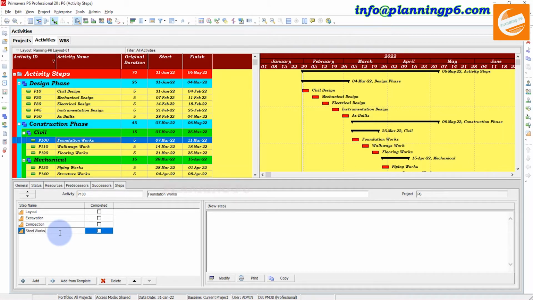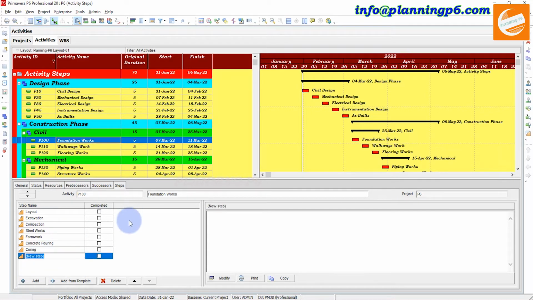Then steelworks. After the steelworks, formwork or shuttering. After the formwork, concrete pouring. After the concrete pouring, then curing.